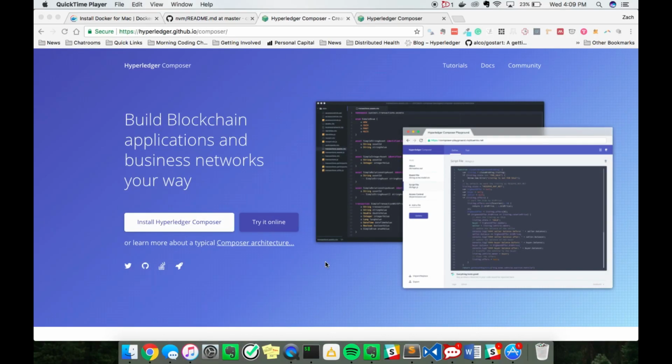Hello everybody. Today I'm going to show you how to set up Hyperledger Composer for Mac. This is built upon the Hyperledger Fabric and is a great way to test the viability of a private enterprise blockchain solution for your business. It's pretty intuitive once we get it set up, but in order to do so we have to download a